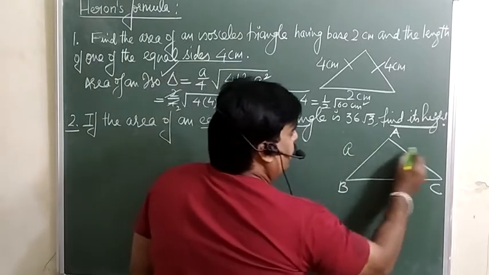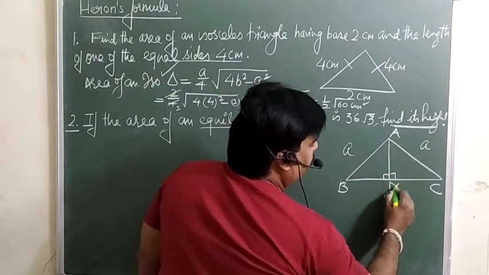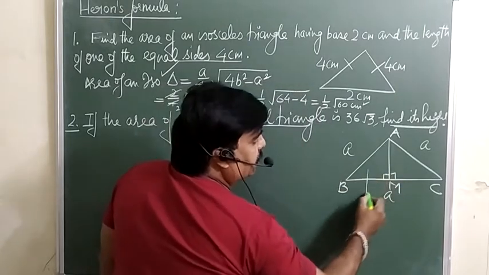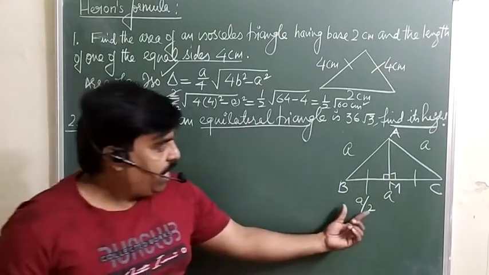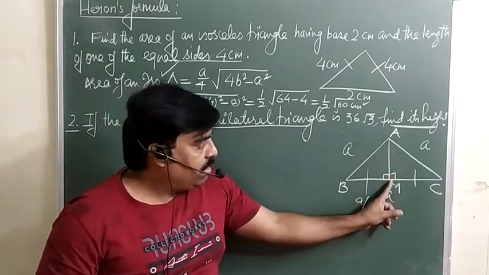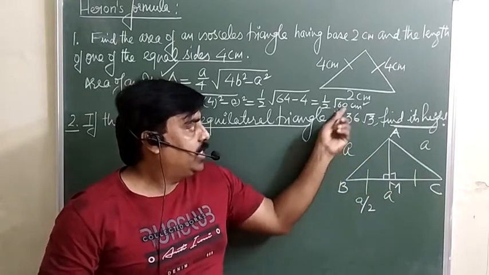So अगर मैं side को A ले लूँ, suppose if we draw the perpendicular from here, AM. So this perpendicular will divide this side into two equal parts. So this BM will be equal to what? A by 2. We are interested in AM only. So first of all you have to find out the side. पहले हमें इससे side निकालना है.